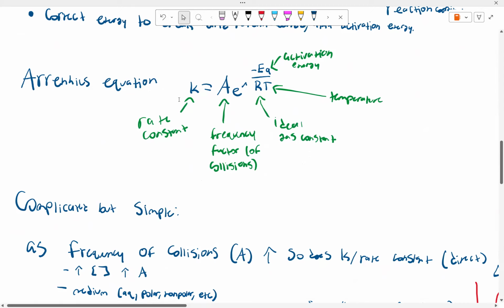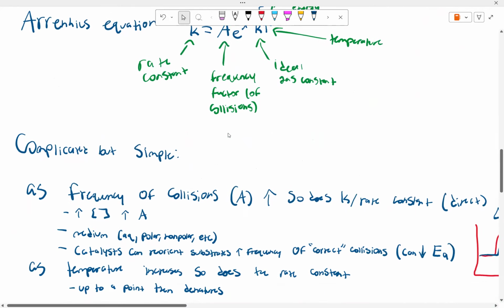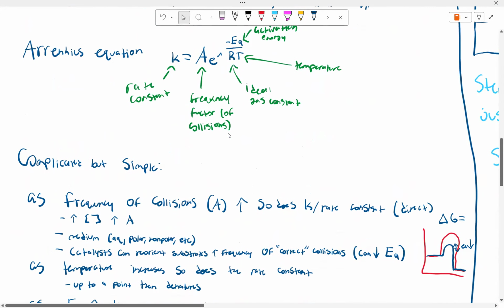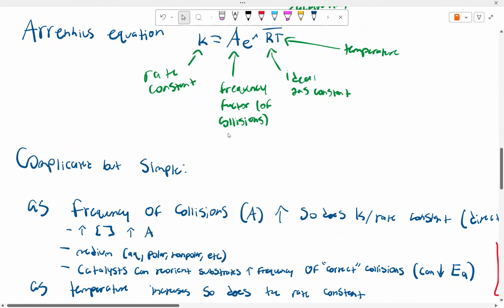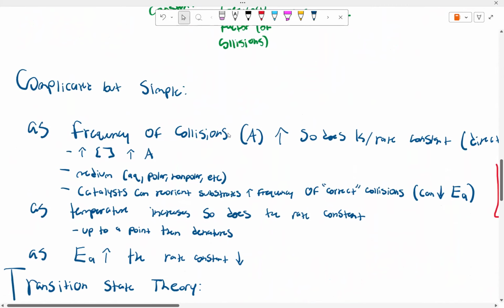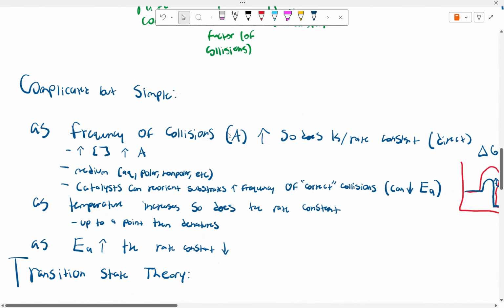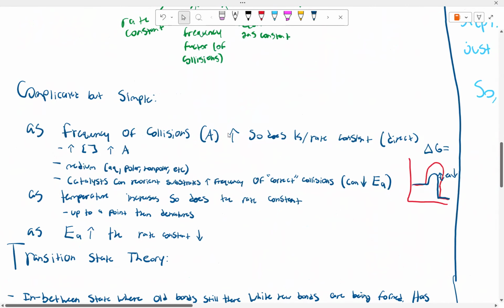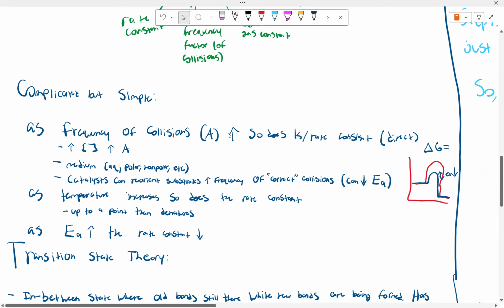The rate constant k is equal to the frequency factor, which is the number of collisions that occur, times Euler's number, e, raised to the power of negative activation energy over R, the ideal gas constant, times T, which is temperature. It looks complicated, especially when you get into e and logs, but when you think of the natural world, and what you know from chemistry, biology, and physics,